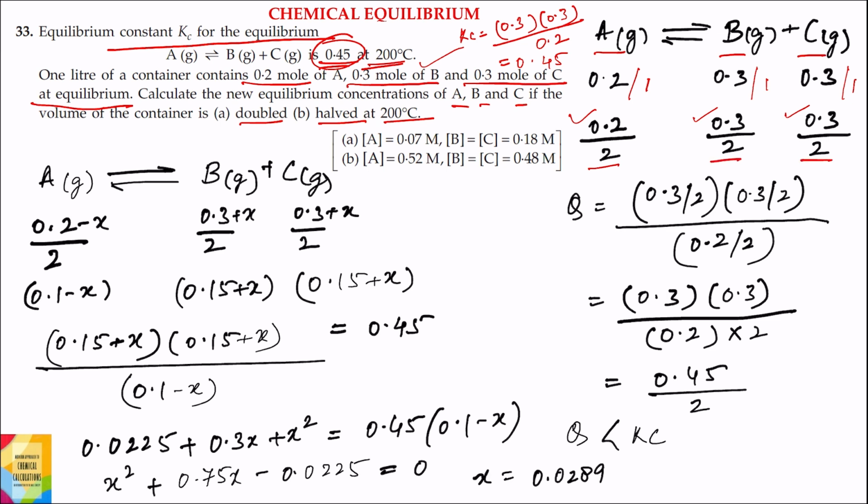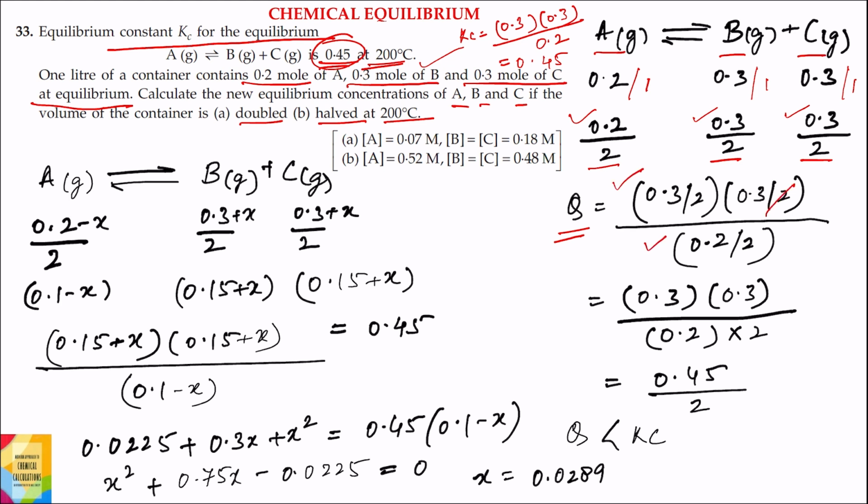Now the reaction is not in equilibrium because the concentrations have changed. So what will happen? This reaction has to reach equilibrium. Now either it will take place in the forward direction or in the reverse direction. To determine whether the reaction will take place in forward or reverse direction, we need to find out the reaction quotient, that is Q. Now what will be the value of Q? The value of Q will be the product of the concentration of products divided by the concentration of reactant.